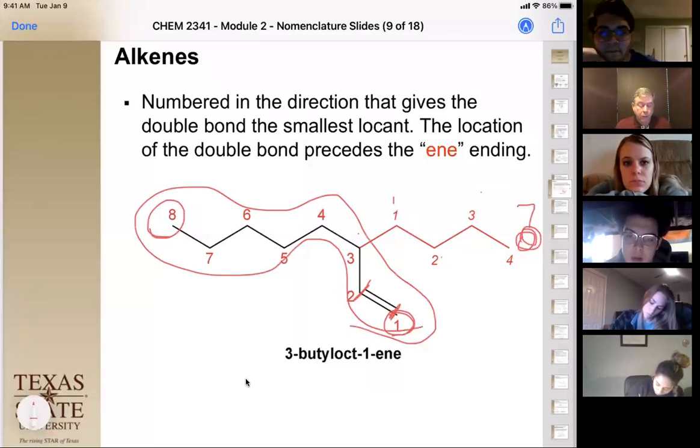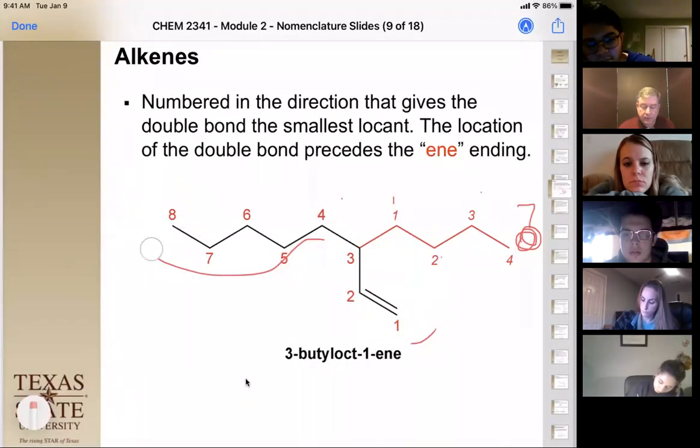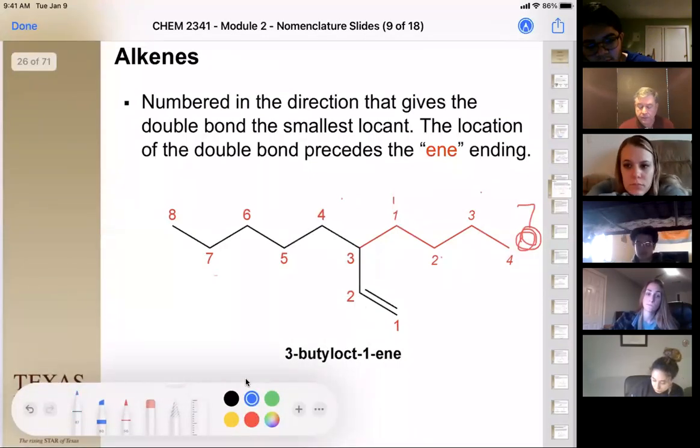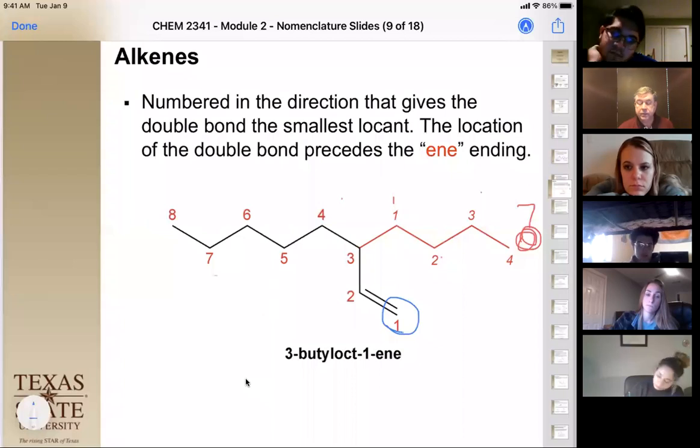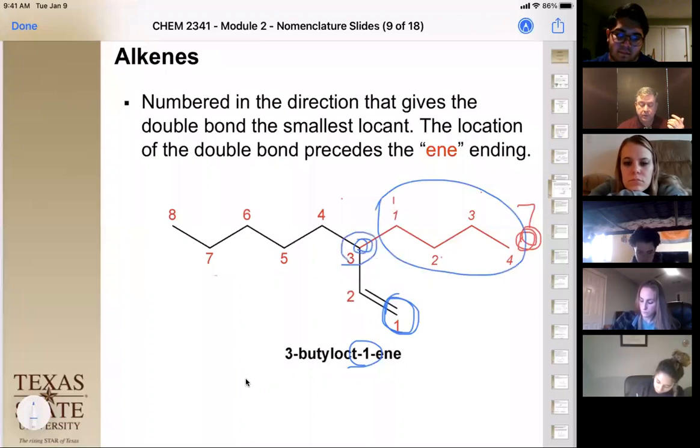And so we also note that if we number from that direction, our substituent and our alkene are both at the lowest number. Our alkene starts at this 1 carbon. And notice we only have the 1 there in the name. You do it for the first carbon where the alkene is found. And then our substituents on the next lowest carbon, which is 3. So we have 4 carbons, which makes us a butyl group. So we have it on the 3 carbon. So we have 3-butyl,